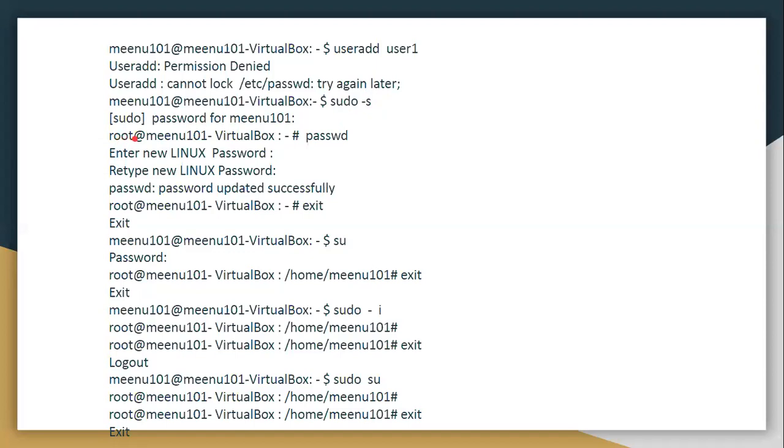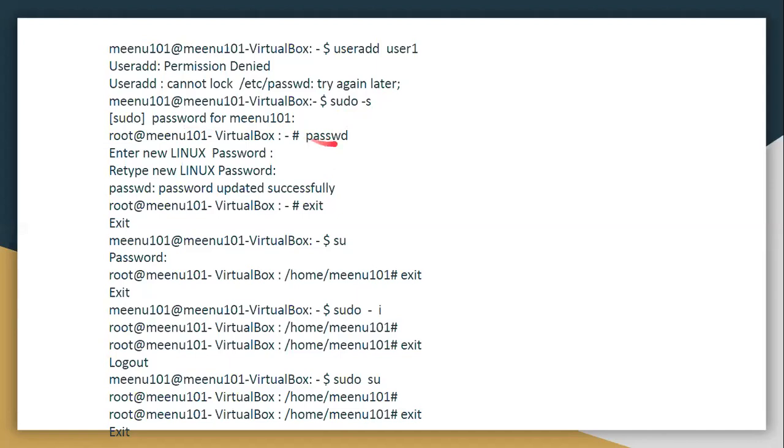Fine. So now Minu 101 becomes your administrator, and by default the root is your subsequent shell, so you become the root or the administrator. Now if you want to change the password for root, Minu currently has one password, that of a normal user. If I want a separate password for Minu 101 as a super user, then I use the command passwd. That is the password command to change the password of the super user.